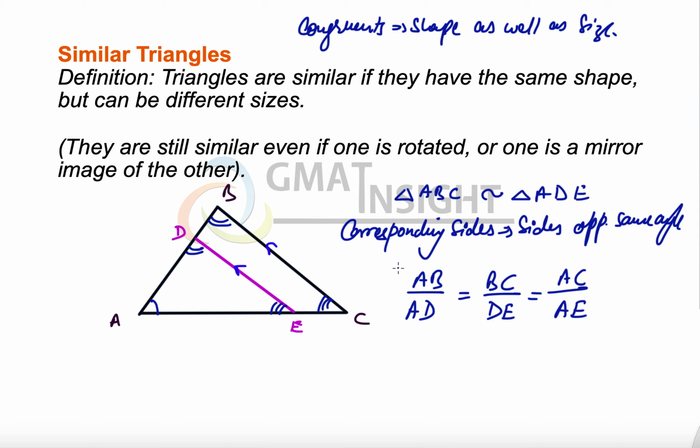So this will be the ratio of the corresponding sides. That's one way of finding out the ratio of corresponding sides. Another way is also a fine way, but I don't endorse it much. I would only share that once. To find out the